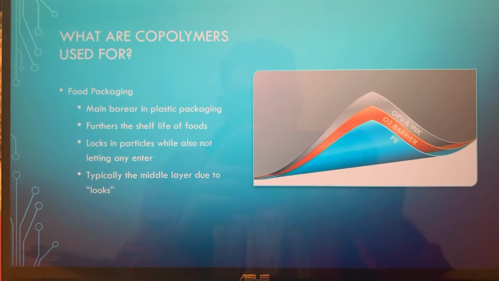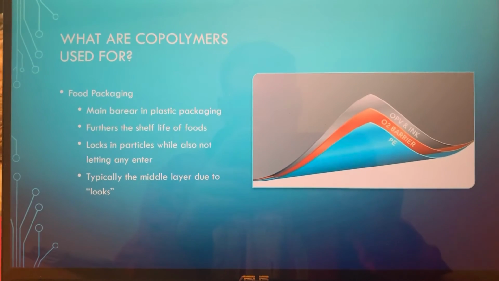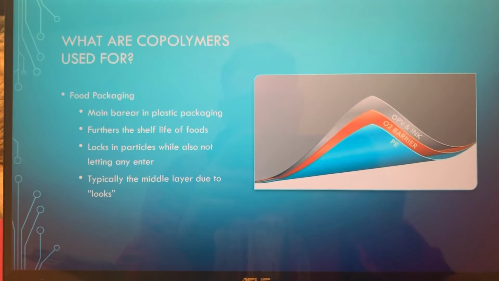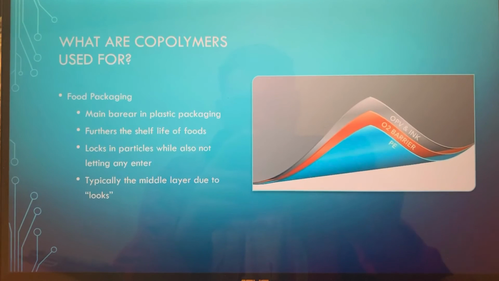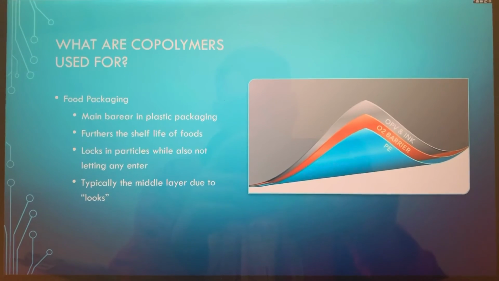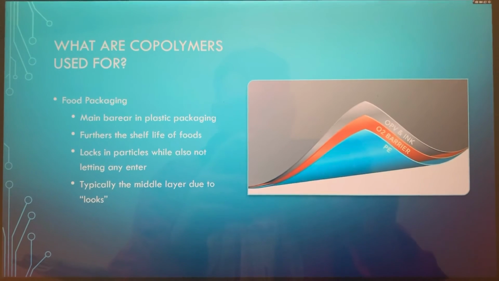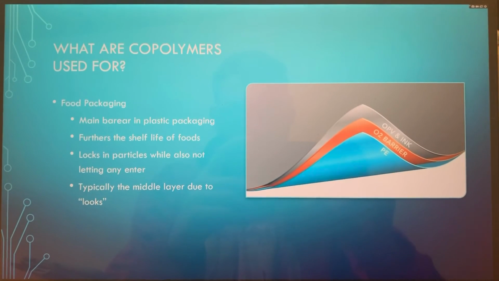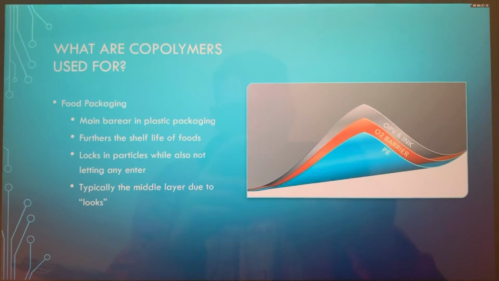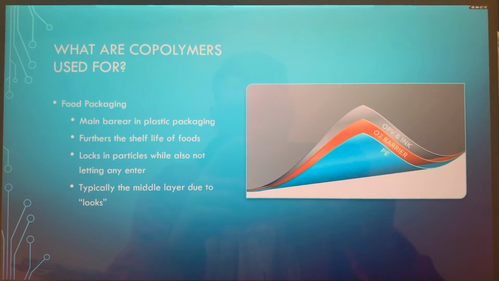So they typically put it in the middle with a different type of plastic on either side so that they could print inks or add other protective barriers depending on what they're trying to preserve. And in the picture you can see an example of the barriers where there are three different ones. The O2 barrier is the copolymer barrier, which is typically EVOH, and then the ink barrier along with a PE